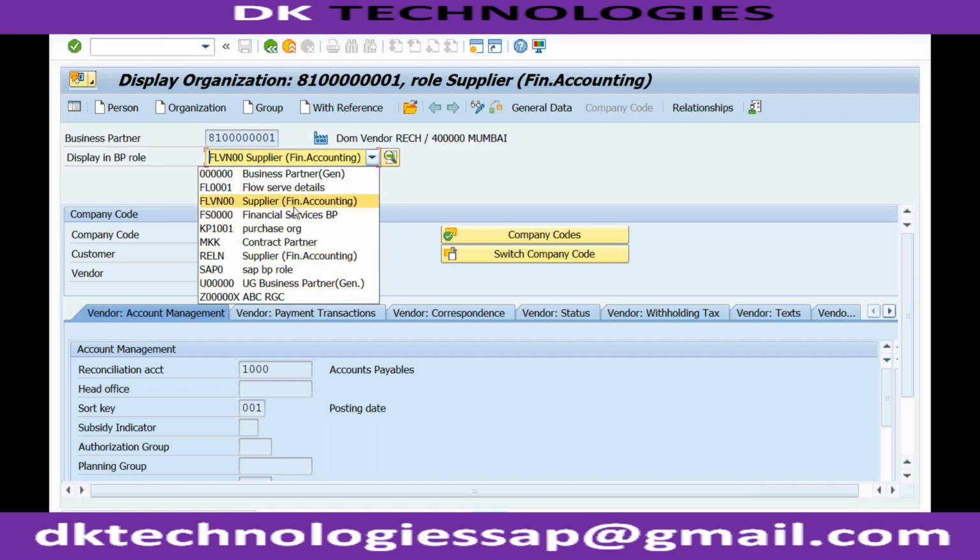All other roles which you are able to see are custom roles that maybe someone has created who is practicing on this server. Normally, if you work on the production server, you will only be able to see FLVN00 and this 6 times 0. Okay, now if I want to create FLVN01 for the same business partner,